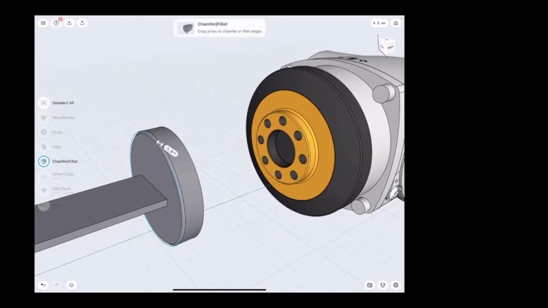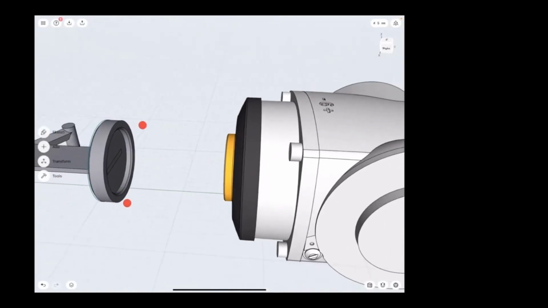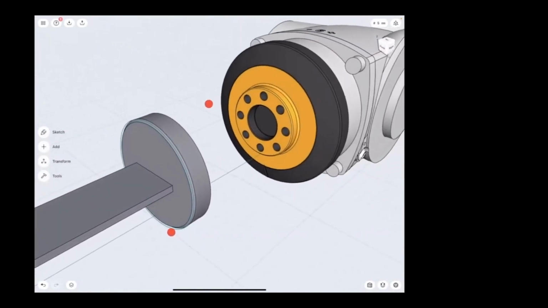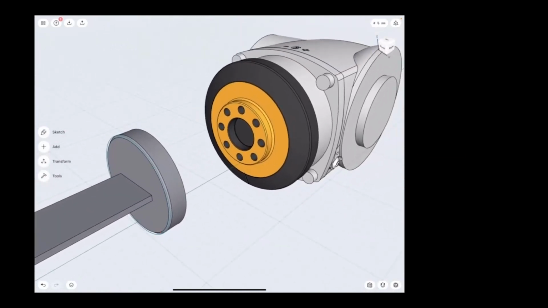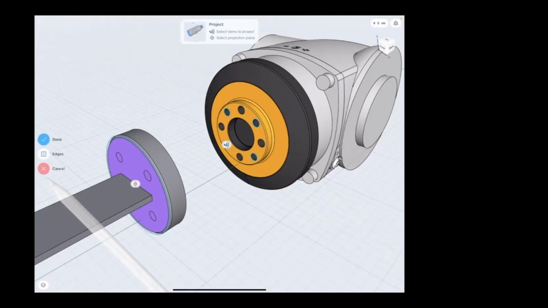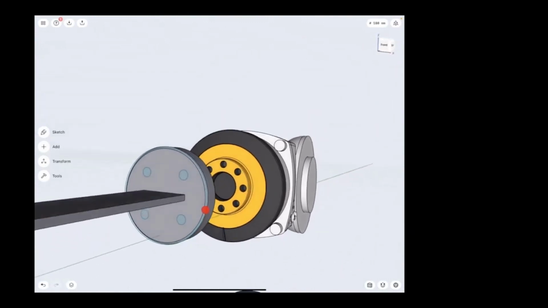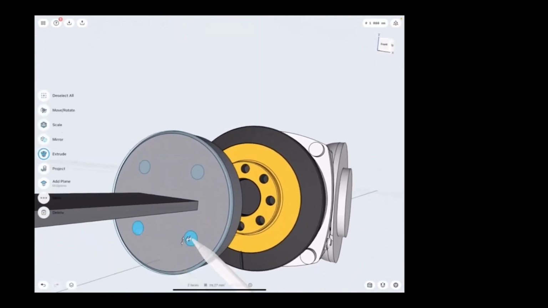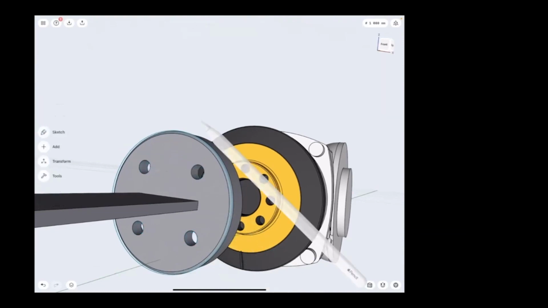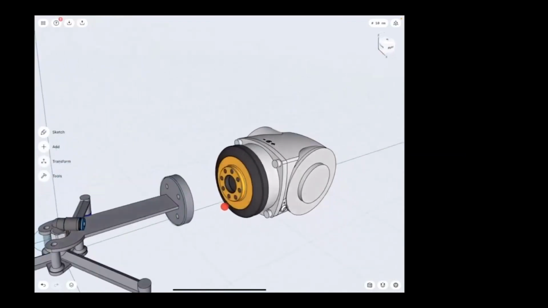Let me just make it a bit more user-friendly by applying a chamfer there and a 1mm chamfer on the inside to make assembly easier. And I can move on to create the screw holes. Holes will be created by simply just selecting them and projecting those to the face of the lastly created part. And after I have the 4 cross sections there, I can simply just select them and extrude away the material to have the holes for the screws, and I can assemble the robotic arm with my gripper pieces.